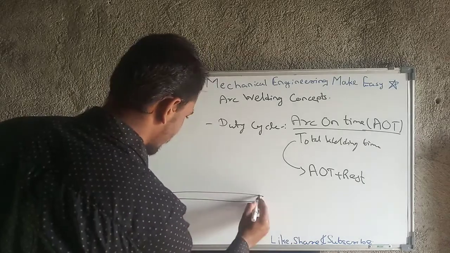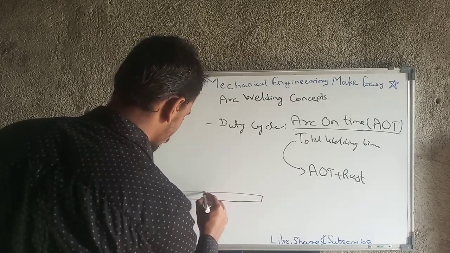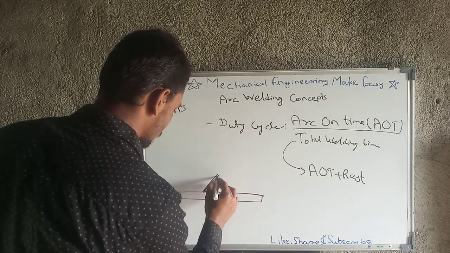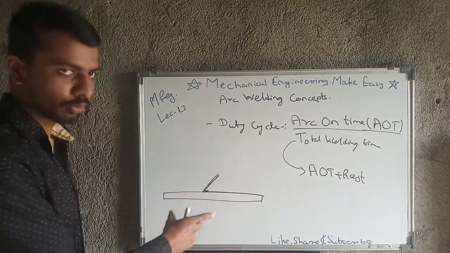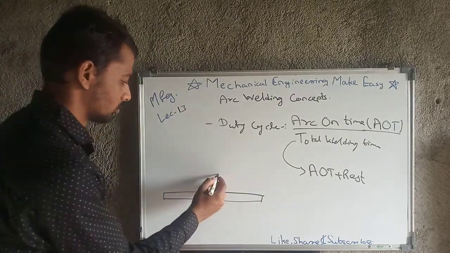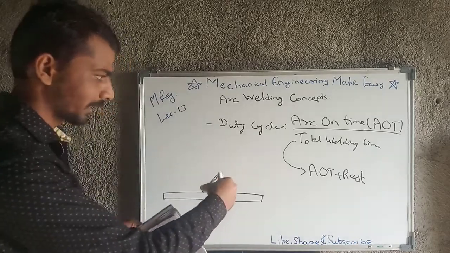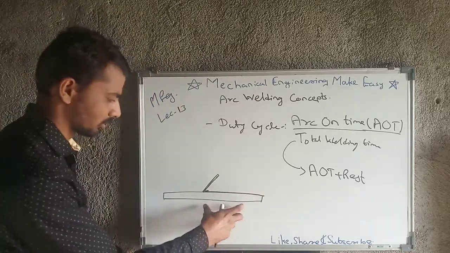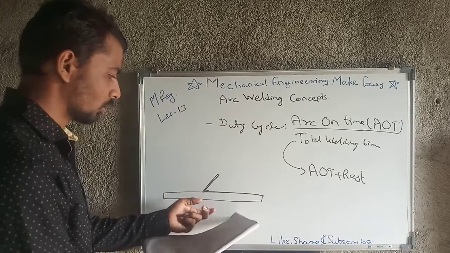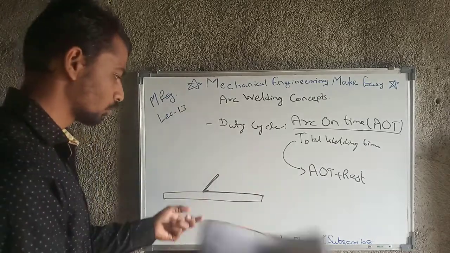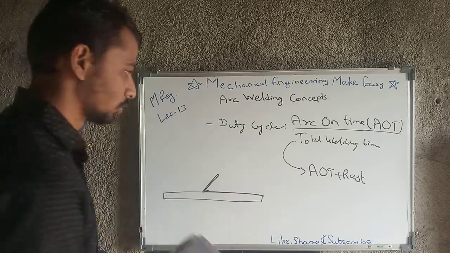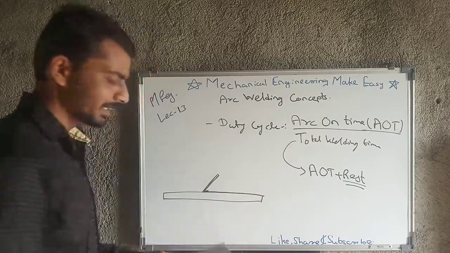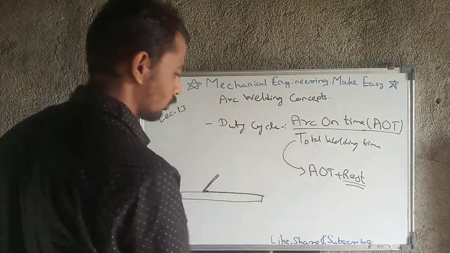For example, this is the plate. Okay, and here the welding joint is going to generate from up to this point. Okay, we have started from this, but before starting we will pass some time for adjustment and etc. Then after the joint also we have to rest for some time, like we have to replace the workpiece. We have to take this workpiece outside and take another workpiece likewise, so that time we have to entertain in case of rest. That's why the duty cycle means taking arc on time upon total welding time.